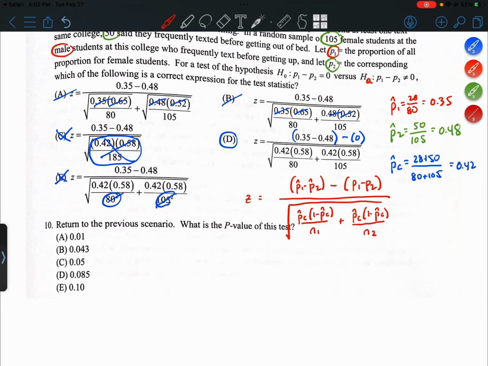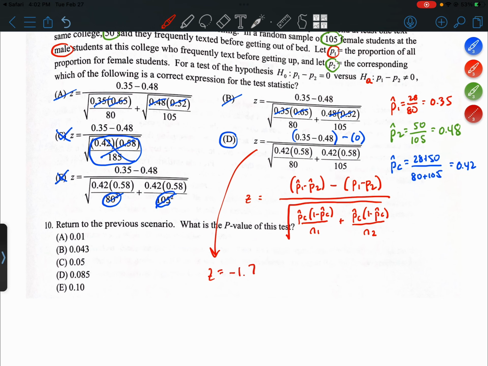Question 10. Return to the previous scenario. What is the p-value of this test? So in the previous question, we determined that choice D would give us the correct test statistic. When you plug this into the calculator, you end up getting a z-score of